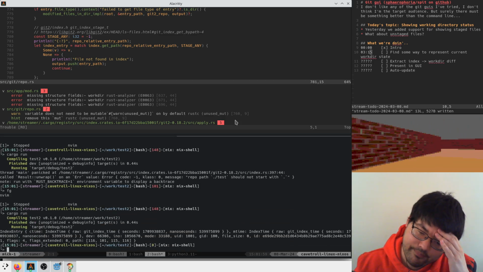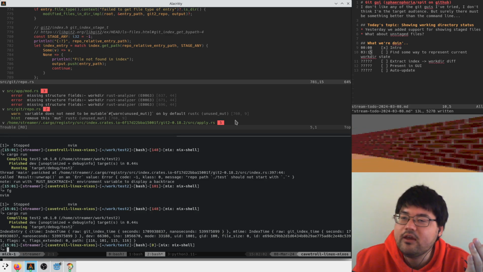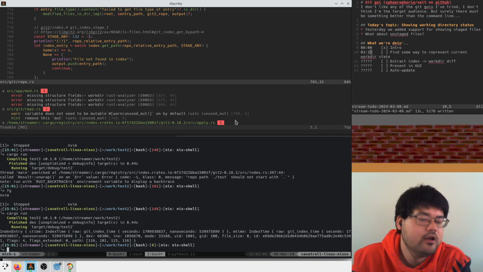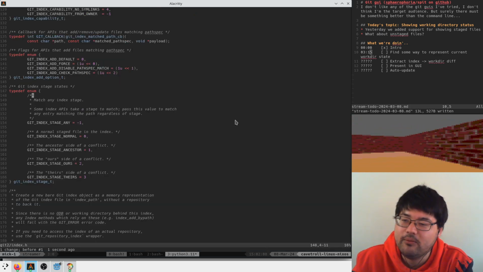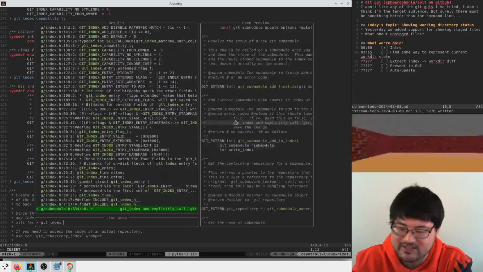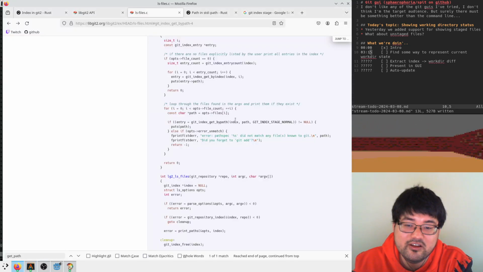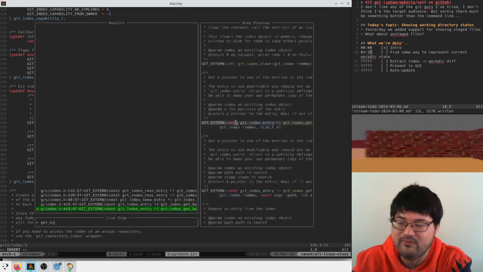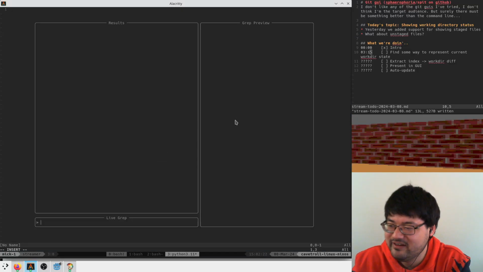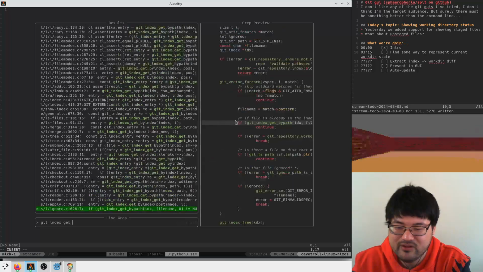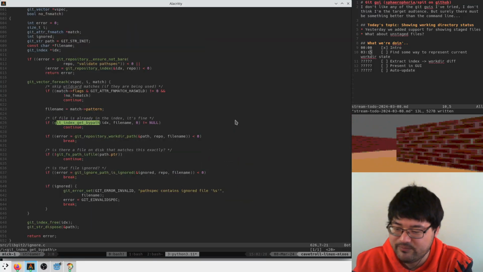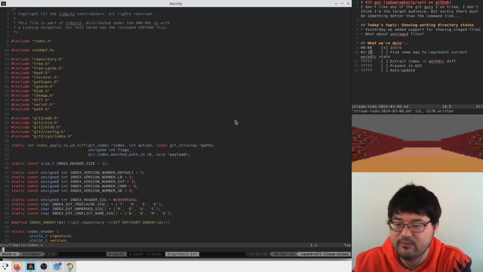Bro. Why have a thing called index stage any if it doesn't accept any stage? Oh my god. Okay. Get index by... what's this thing called? Get by path. Damn it. Like, it's probably an index_get_by_path